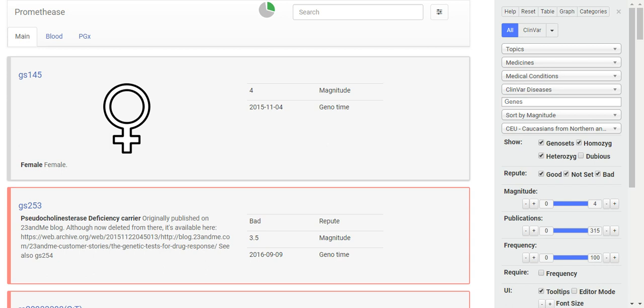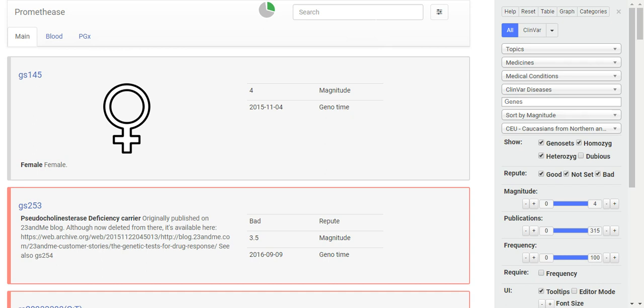Hi everyone. So I'm going to do a video, sort of like going through Promethease, showing what it can do once you upload your raw data, whether it's from 23andMe, Ancestry, and I also believe MyHeritage. So I'm just going to browse through it because there's a lot of results. First, let me go over this.